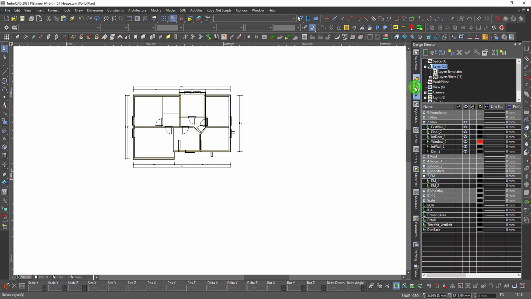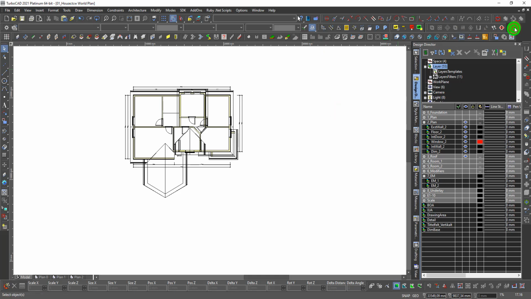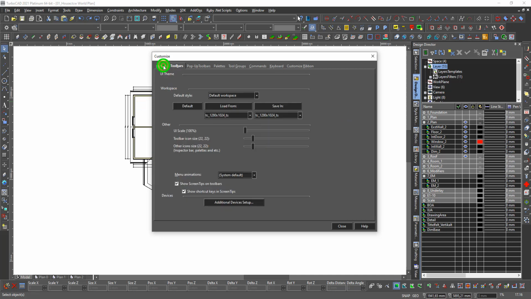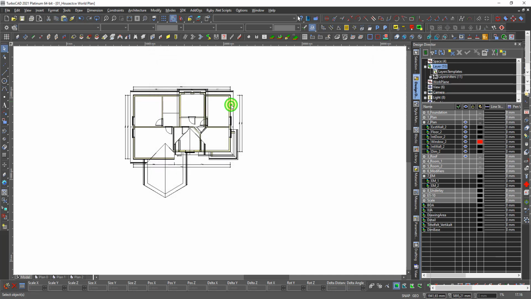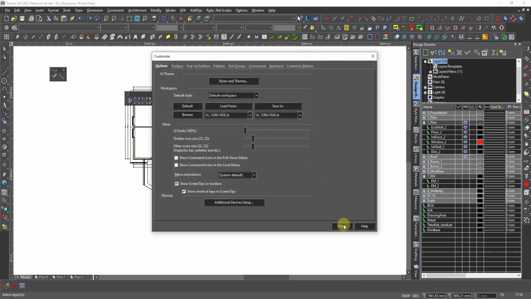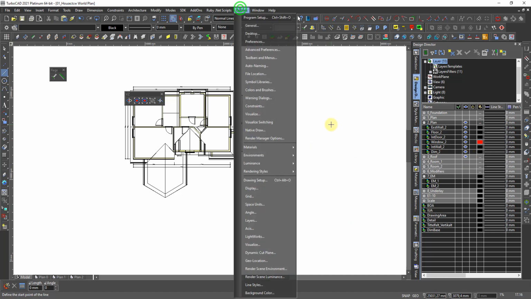I need to put on the layer roof, and I need to change the unit, or if I load my config first, and close. This is on, and then I go to options, space unit,